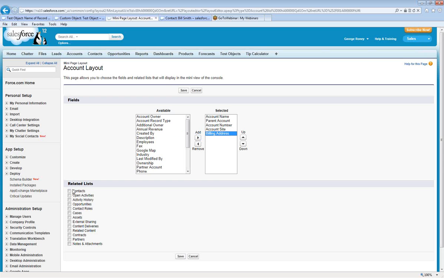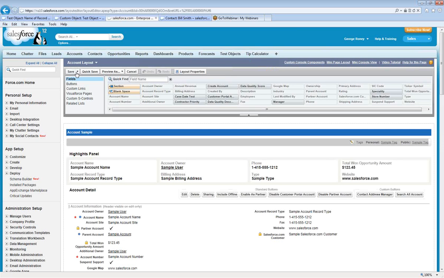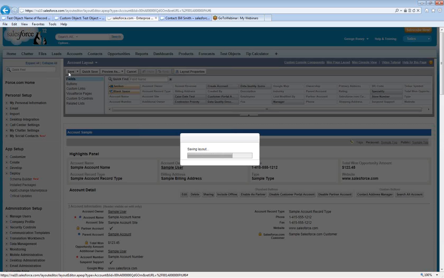The related lists, in turn, work for your console. So if you have your Salesforce console set up, then these would be in the far right mini pane of the console, and they'll always be in the same order that is on your page layout itself. So maybe I also want that phone over there. Let's bring that in. So when I save the mini page layout and now save the account layout,